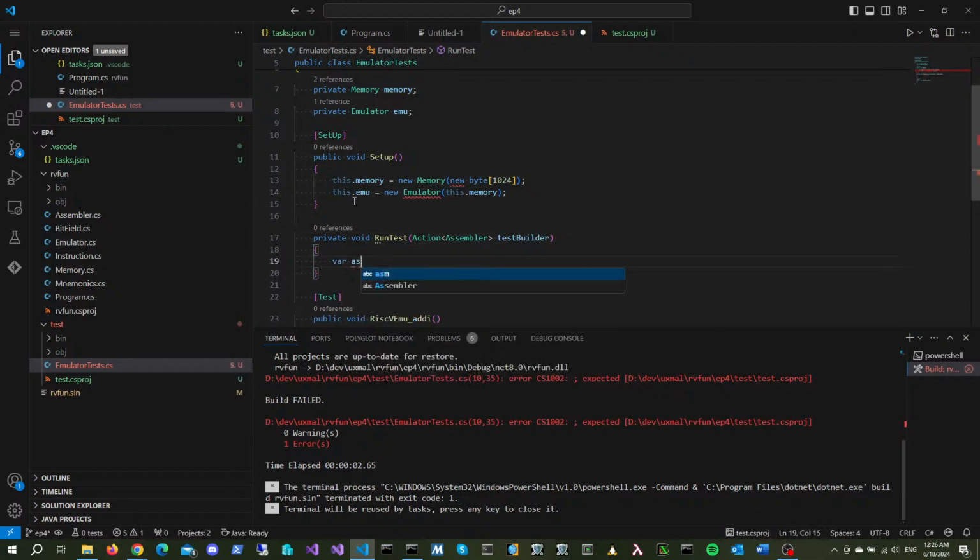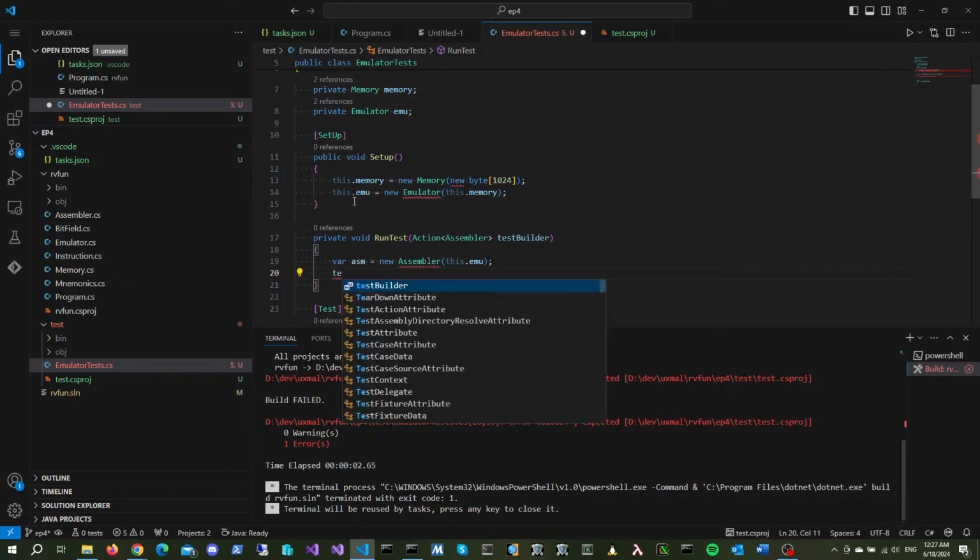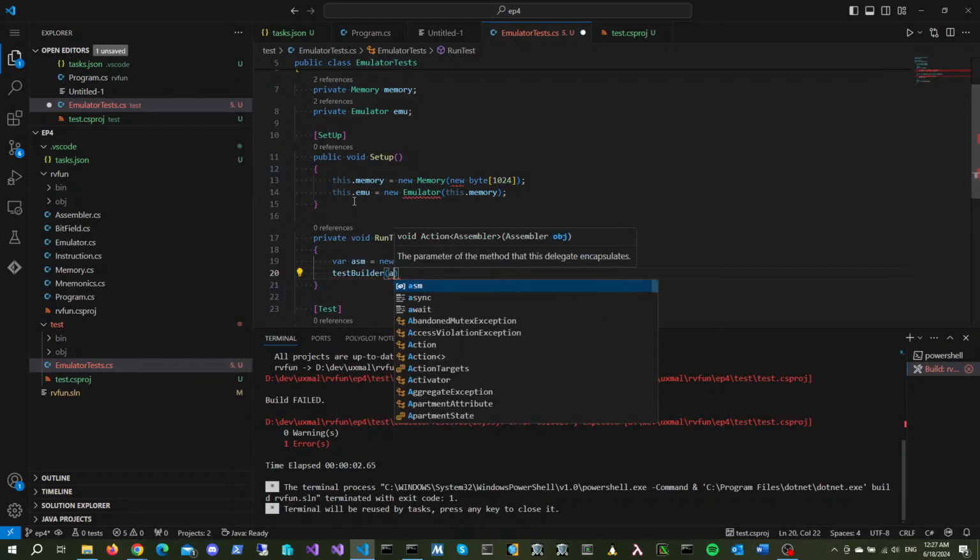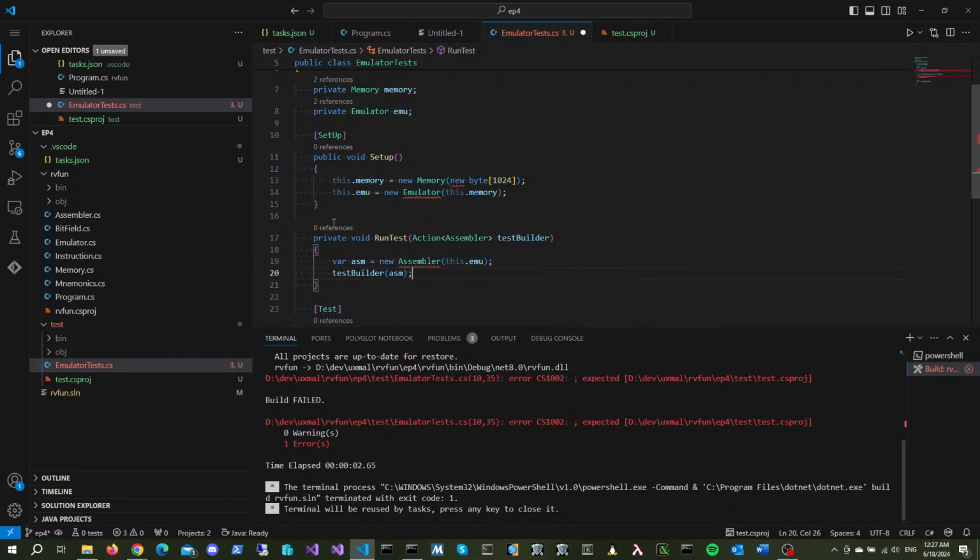We create an assembler, and then we will run our test builder, passing it the assembler, and then the resulting what will happen is the assembler will assemble our instructions, but instead